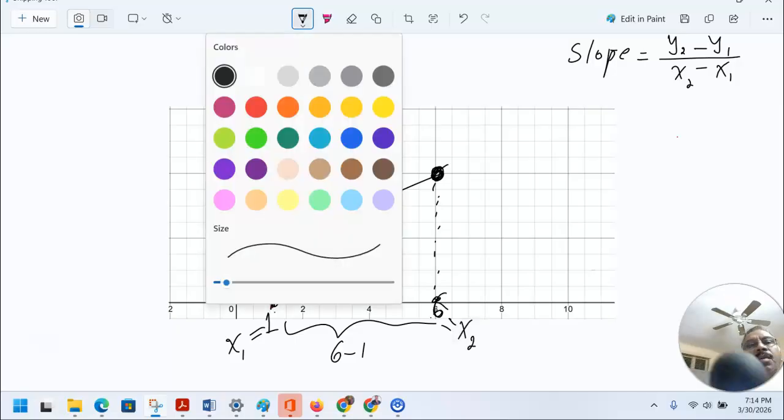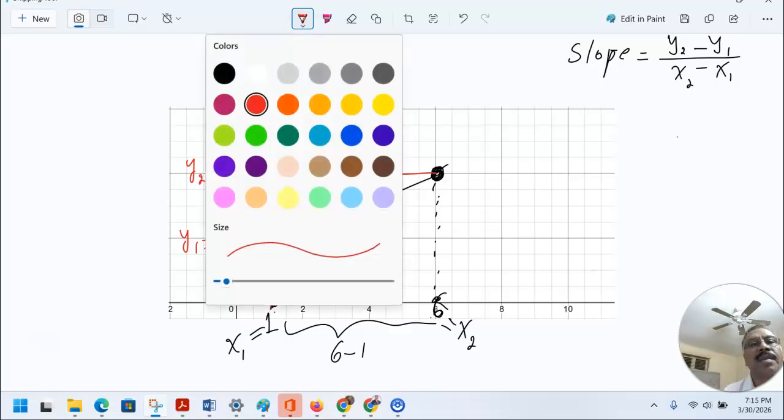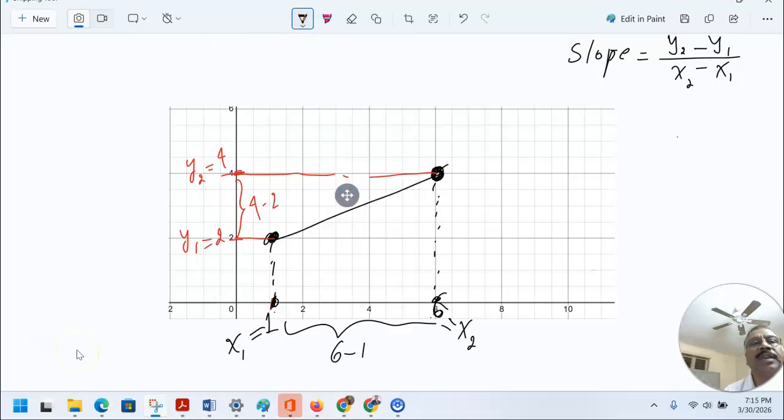And similarly, we can draw dotted lines over here. So this point is y1, which is 2, and this one is y2, which is 4. So the vertical distance here will be 4 minus 2. Of course, it is 4 minus 2, but we can write it in the variable form, that is the red color,